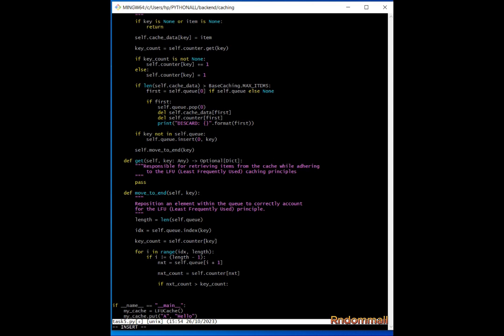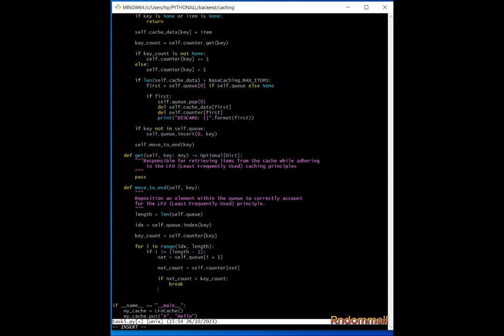So in this case, the loop is going to be terminated and the key is correctly inserted after the last key with a higher LFU count. So we break out of the loop,